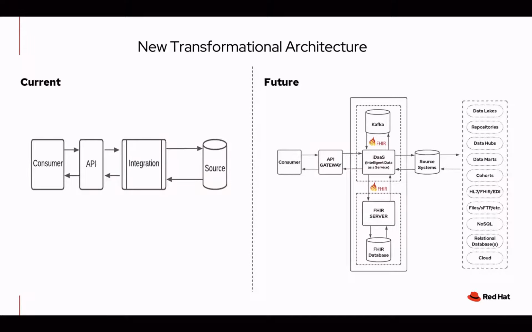So with all that being said, if you take a look at this, there's two architectures that you can have. The current architecture I've implemented, so many people have implemented, is focused around a consumer doing something through an API, connecting to an integration platform, which pulls data from a source and gives it back to them. Or the source feeds all the data into the integration platform, and when the API requests it, all the data comes back. Very tried and true, for those of us using either technologies that are what I would call black box, and the dozens that are out there in the integration space, or code. A very common design pattern.